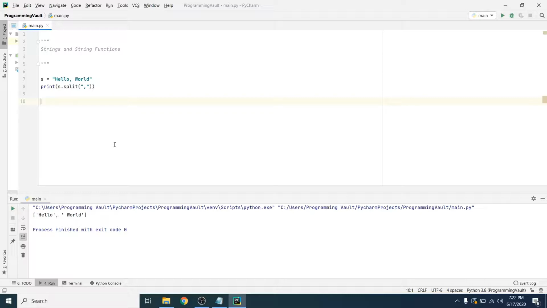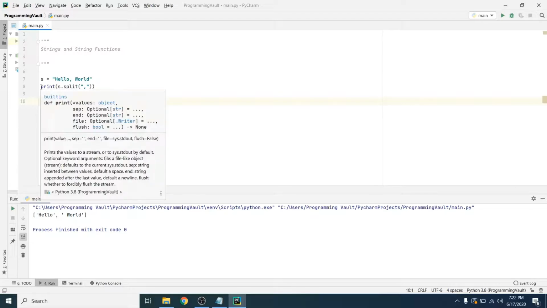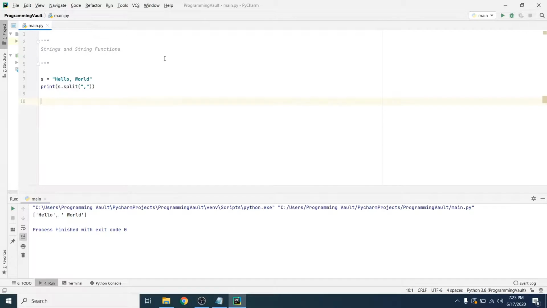You can also check strings to see if values are in a string or not. So to do this, let's go back to Programming Vault. We'll make our string say Programming Vault. And we're also going to need another variable to hold our result, right? So we're going to say result equals,